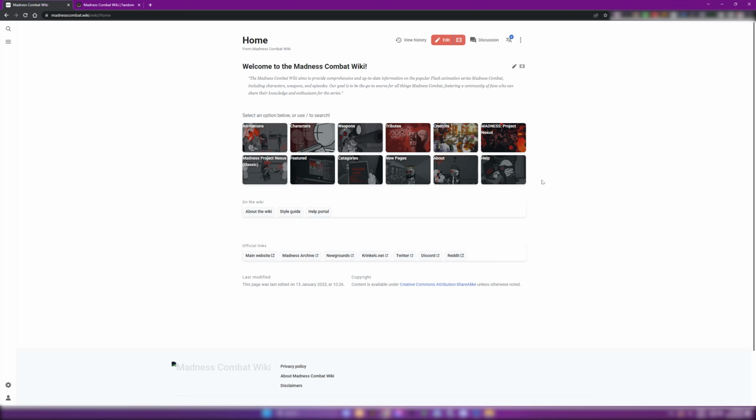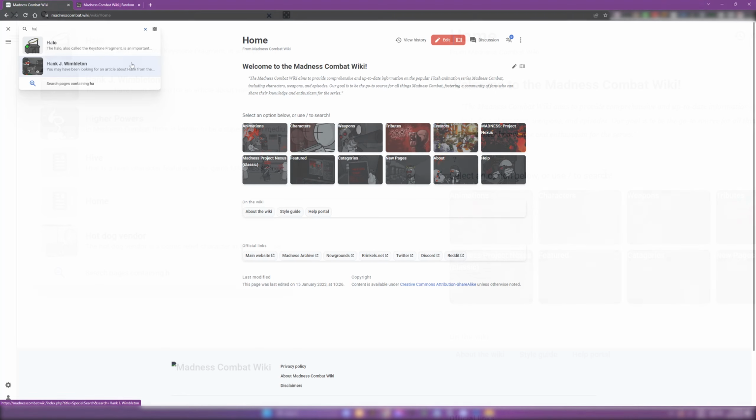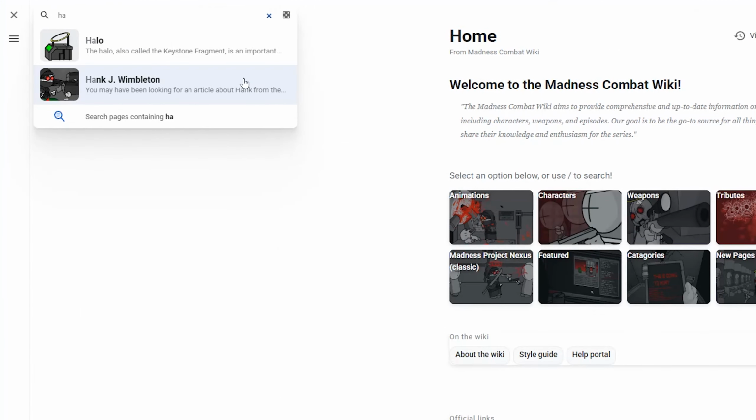Here we are at the home page. As you can see, we have a variety of options to help navigate to the articles you may want to find. Alternatively, you can either click to open the sidebar, or hit the / key to open the search menu. And as you can see, we have a beautiful thumbnail to represent each article to make it easy to spot